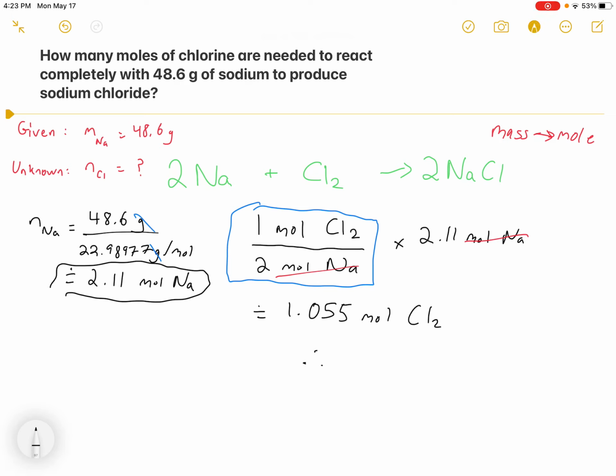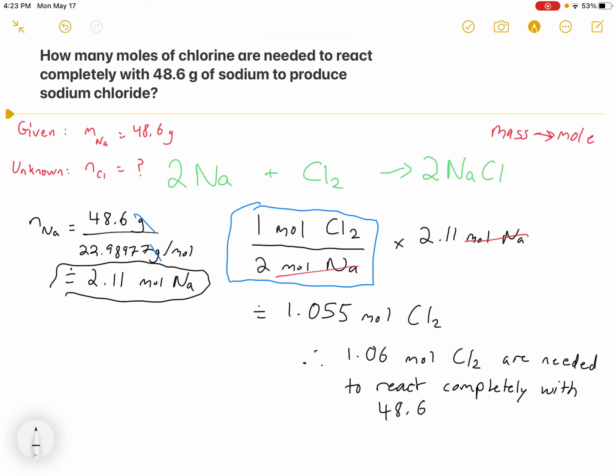And then therefore, we can just say 1.06 moles of chlorine are needed to react completely with 48.6